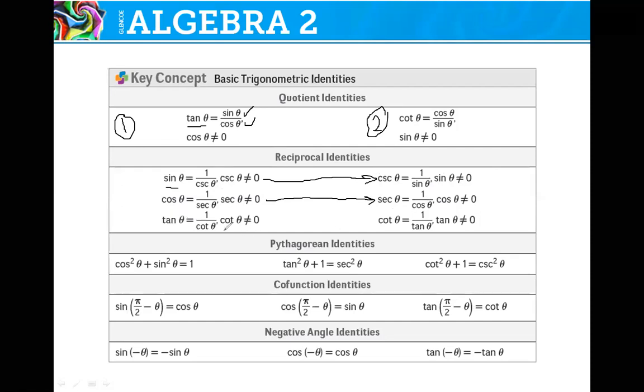The third, talking about tan, its reciprocal is cotan, so 1 over cotan equals tan, or cotan theta equals 1 over tan. Okay, so now number 1, tan equals sine over cosine. Number 2, cotan equals cosine over sine. And number 3, the reciprocal of sine, the reciprocal of cosine, and the reciprocal of tan. These are the reciprocal identities. Number 4,